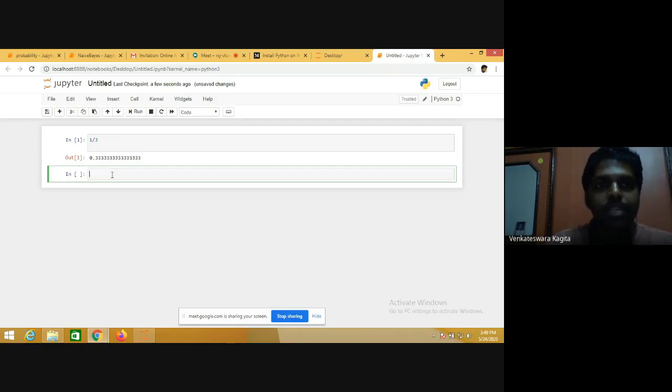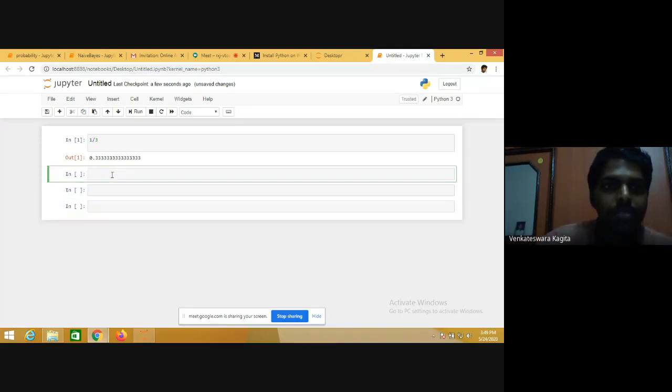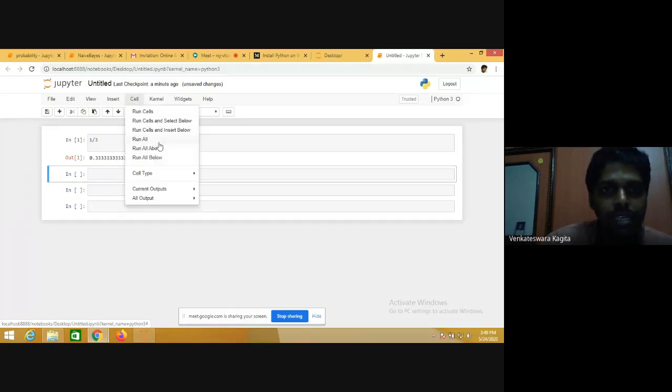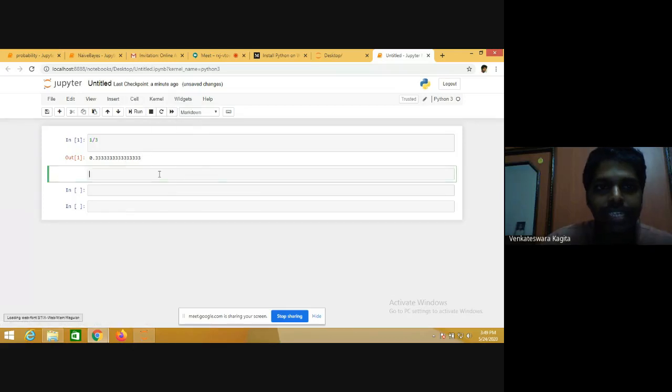If you want to provide some description for the things you would like to write in the subsequent cells, you can change the cell type to markdown, and you can write the text. You can also copy and paste images here. For example, a demonstration about the probability.